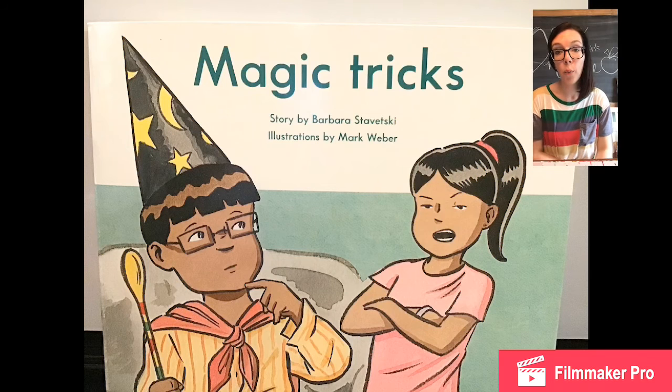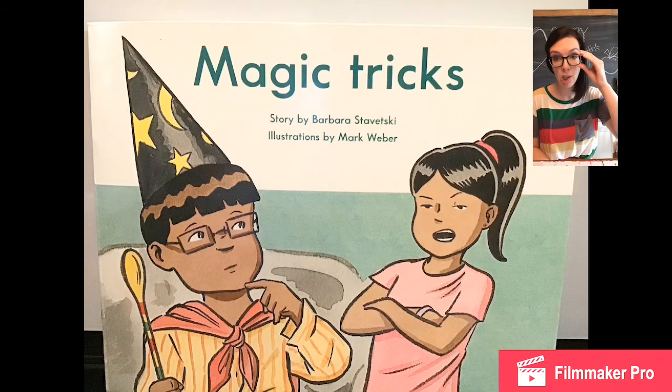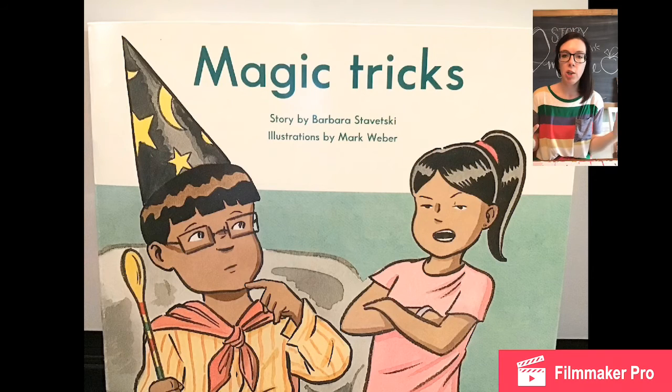All right, good job on your making words lesson. And so we're gonna read our book next. All right, so we're gonna read our book called Magic Tricks. And in this story, Victor tries to do some magic tricks with his family, and so we're going to see what happens. But take a look at the cover, because there's a lot going on just on the front cover